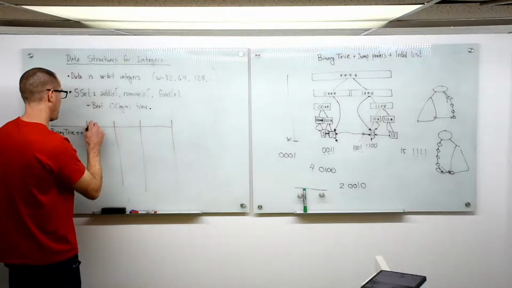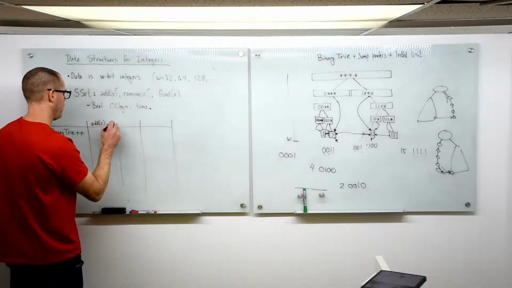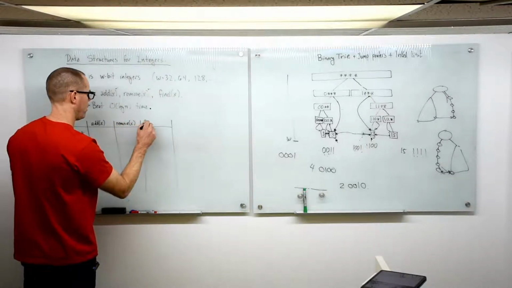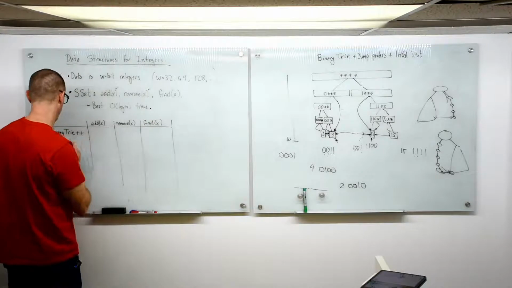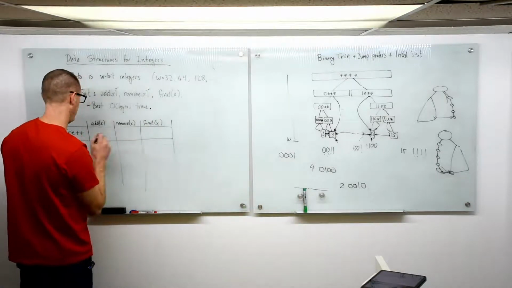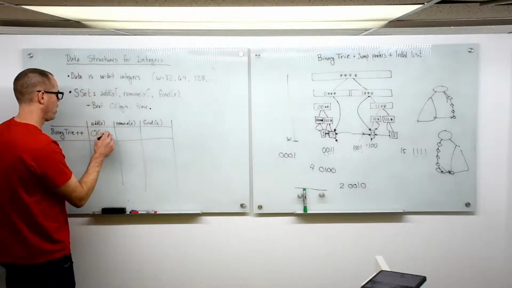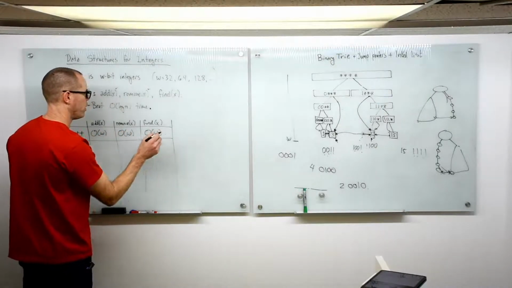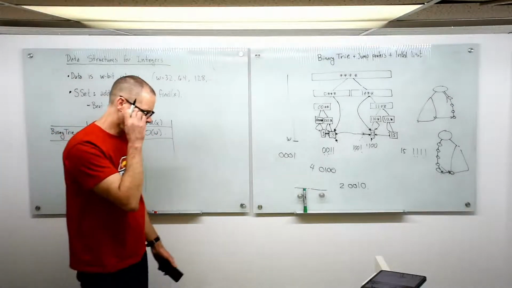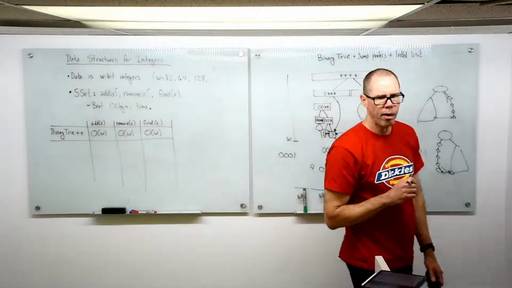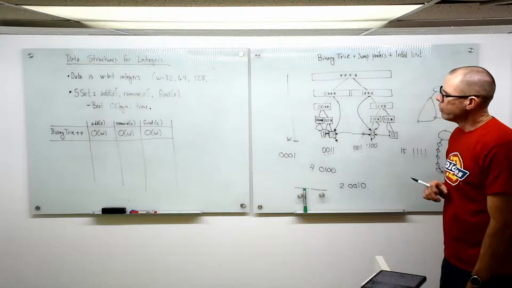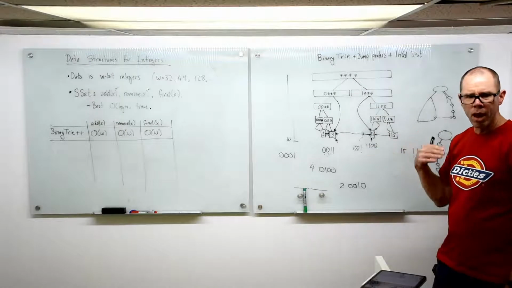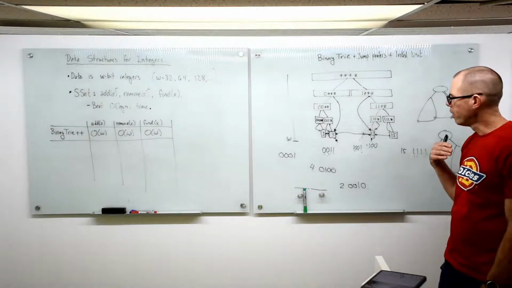Add takes O of W time, remove takes O of W time, and find takes O of W time. Okay, that seems not bad. Sort of like we can do these operations as fast as we can read off the bits 1 at a time from our